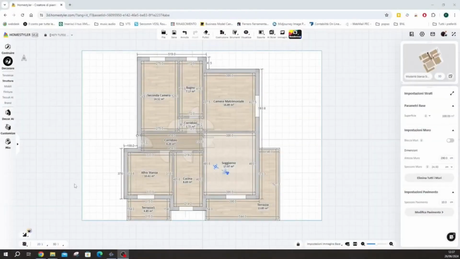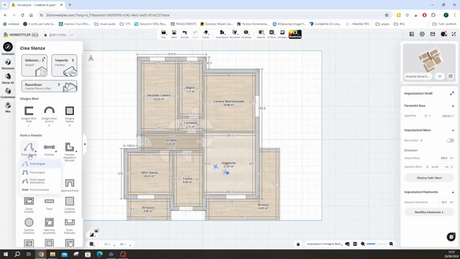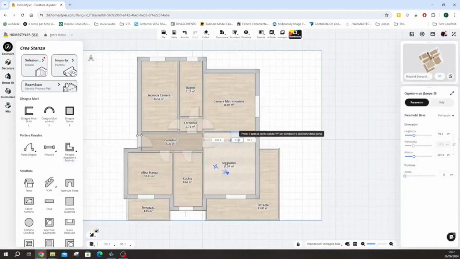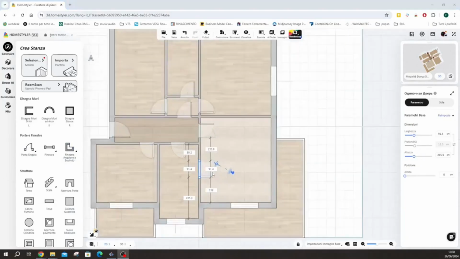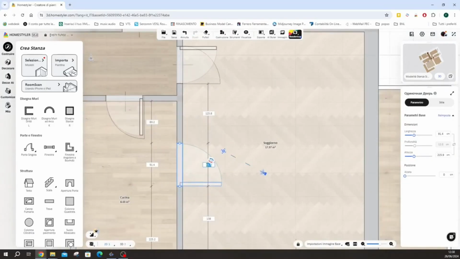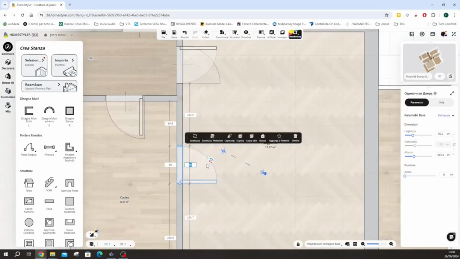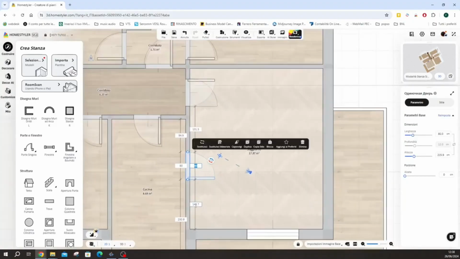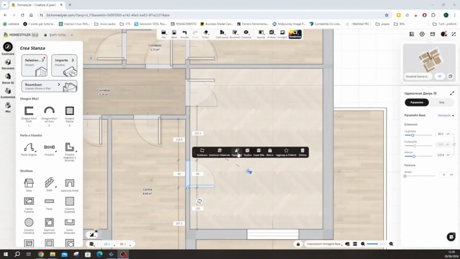Let's explore the world of doors in HomeStyler. First of all, let's see how to insert it into the project. In the build mode, we take the single door command and drag it into our model, positioning it where we need it. Here we can enter the size of the door, its width 80, confirm. And the distance from the wall, for example, 120. Confirm. I can decide the opening direction with the flip command, which we can click until we find the desired option.